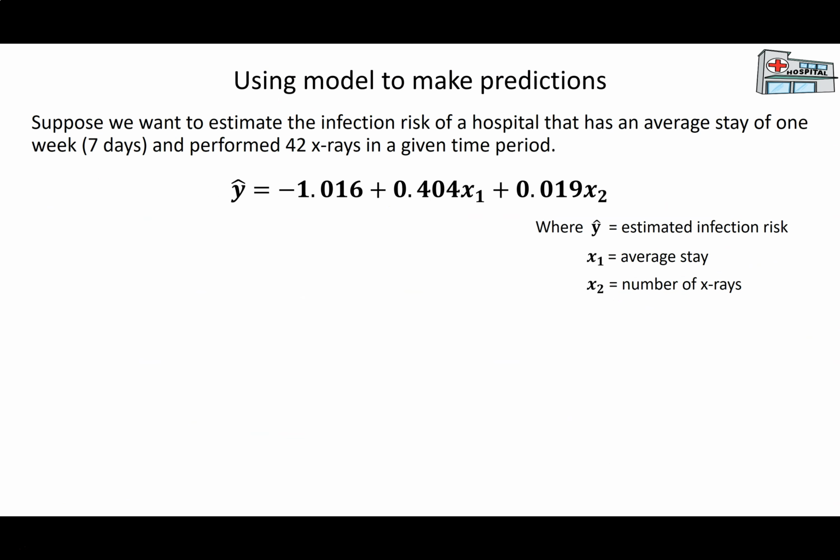So you can absolutely use this model to make predictions. So suppose I want to estimate the infection risk of a hospital that has an average stay of 1 week, so that's 7 days. And we're recalling that the average stay is in days, and performed 42 x-rays in a given time period. So looking here, I am going to go ahead and just plug in. So y hat is my estimated or predicted infection risk, 0.06, so it looks like we did round a little bit here, or 0.16, plus